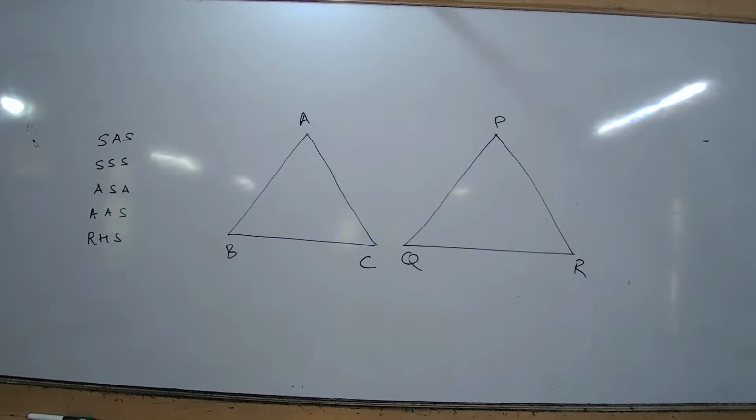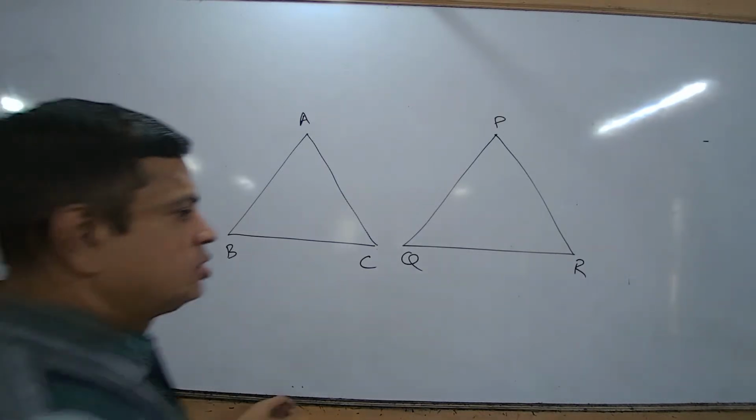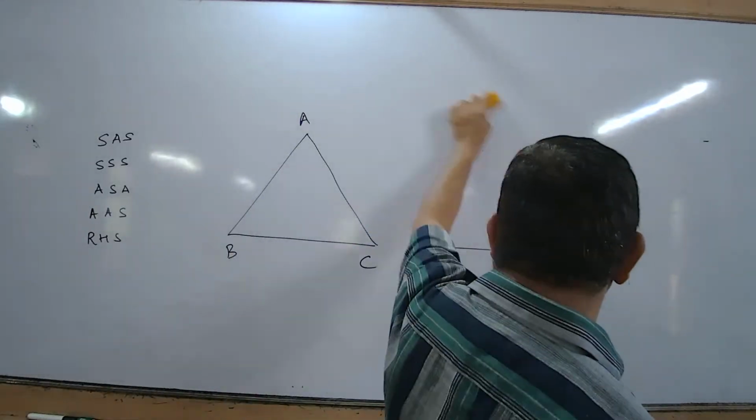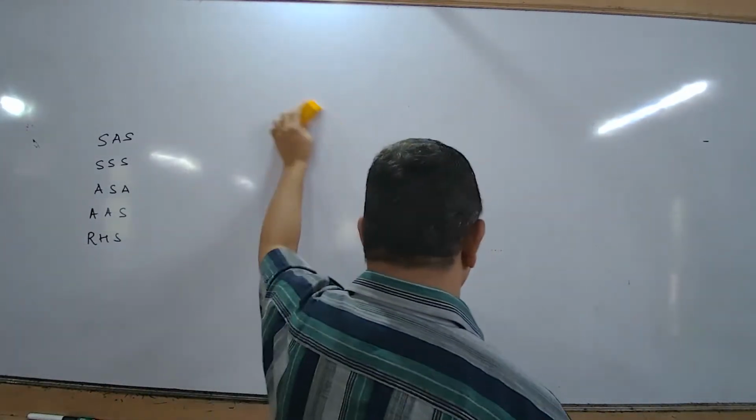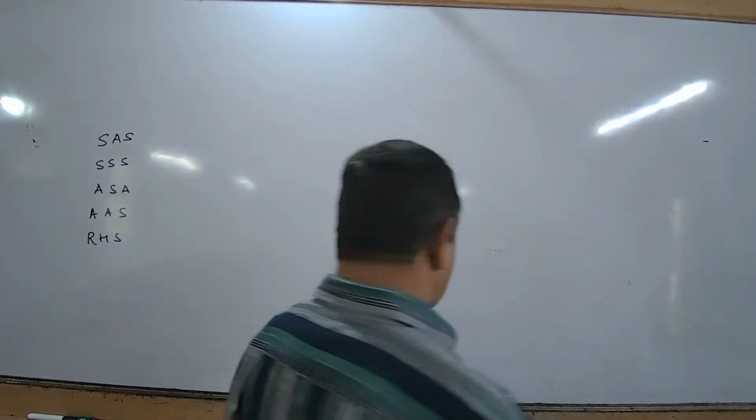When you do the questions, you will see. Don't pass over these things. You followed? Then tell me what is the meaning of similar triangles. Similar triangles. Written below, right. Two triangles are said to be similar